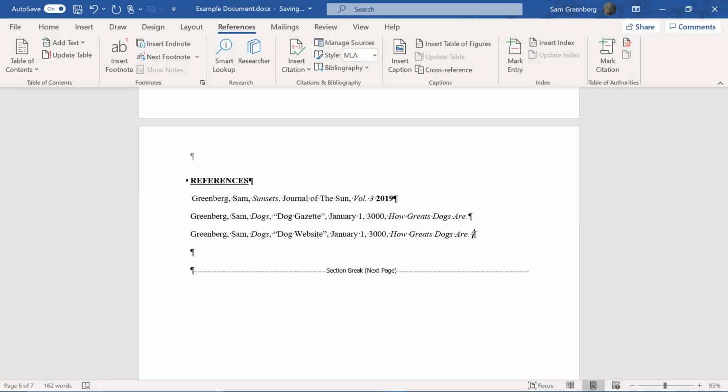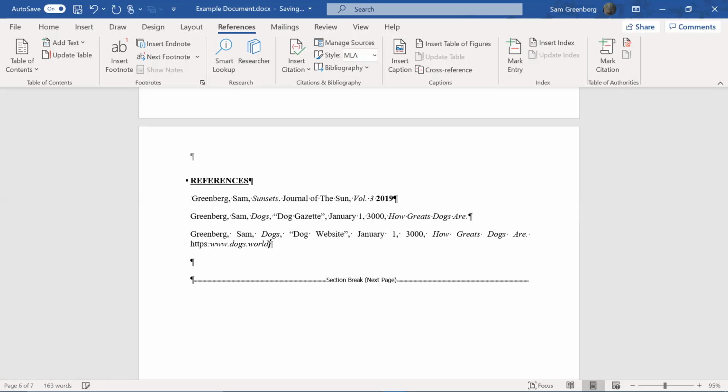Then you give HTTPS. So this is just going to highlight something. www.dogs.world/whatever the link is. This shouldn't be italicized. You want your sources to be hanging, and so what you see some people